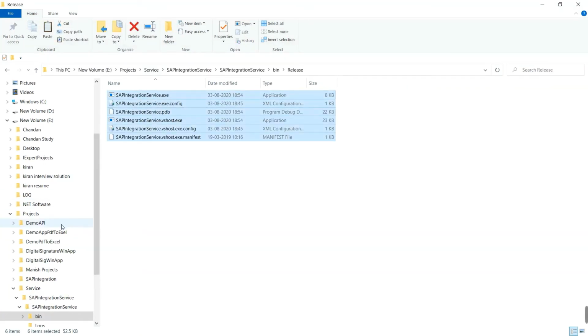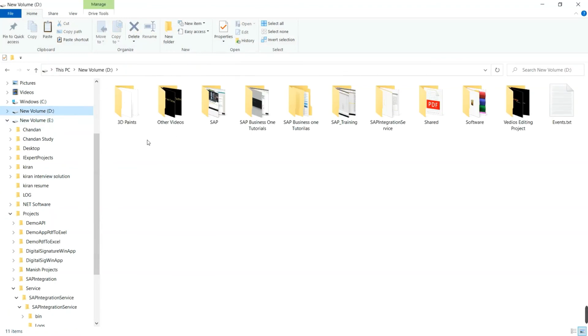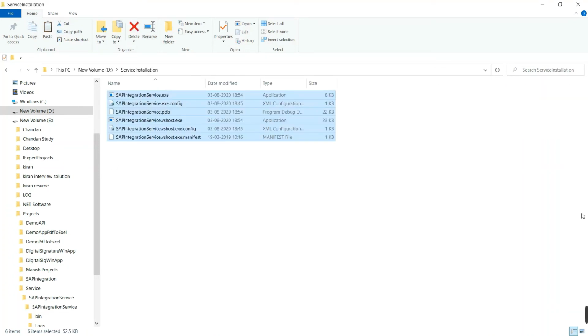Copy all files. Service installation, put all the files. You may also deploy these files inside the C drive also. I'm doing it here.